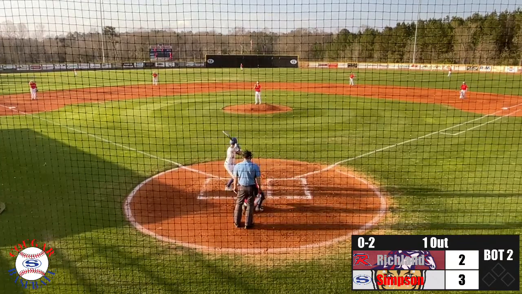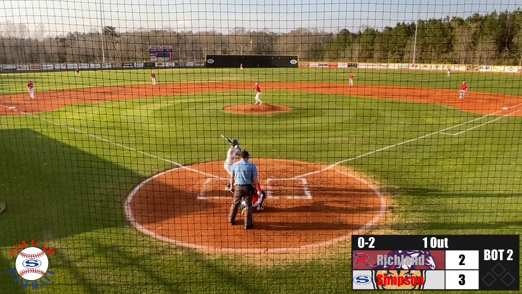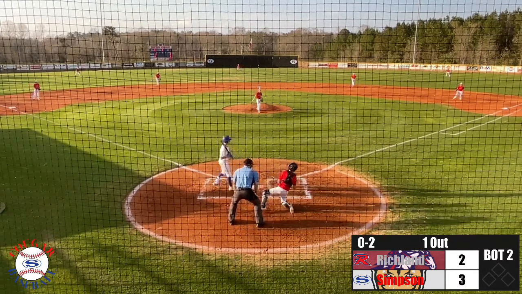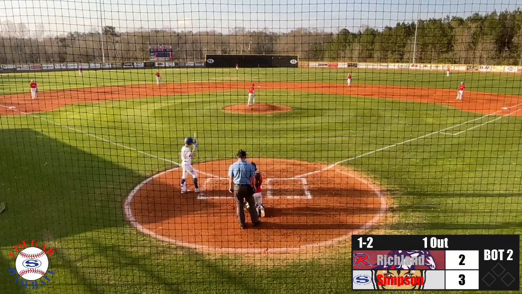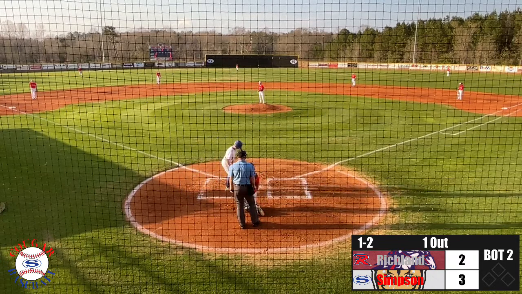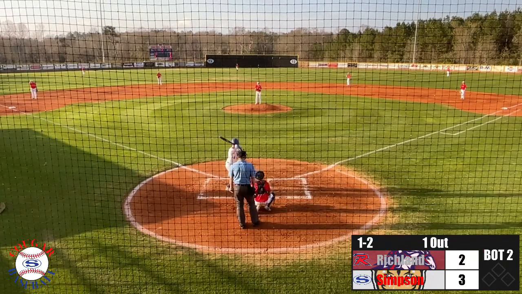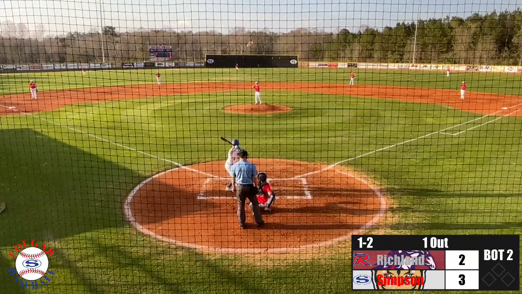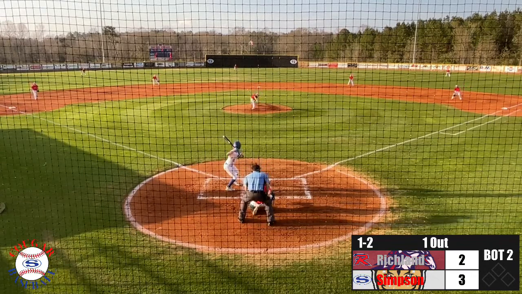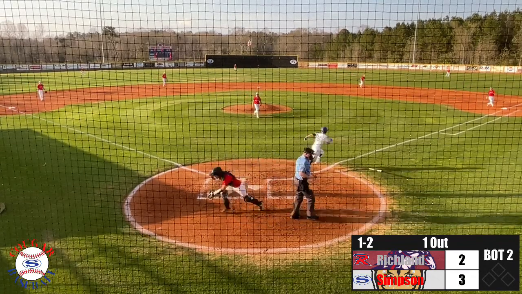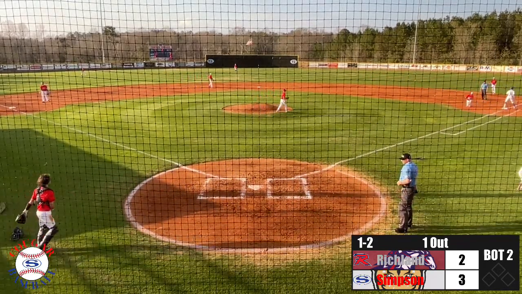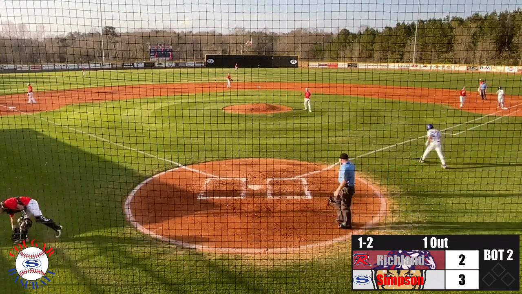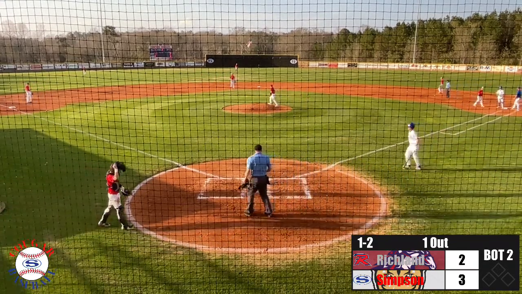Here comes the 0-2 pitch. That pitch outside hits the dirt, 1-2. And there's a swing and a miss. The ball gets by the catcher. Parker Pierce runs toward first. And he will be safe